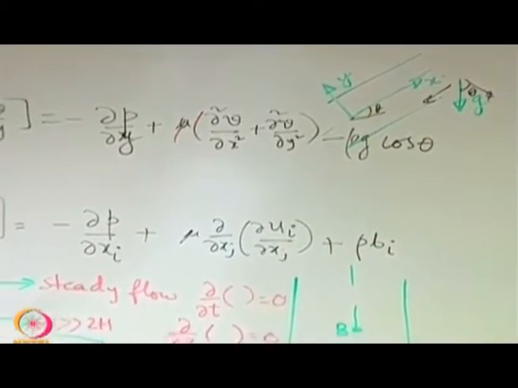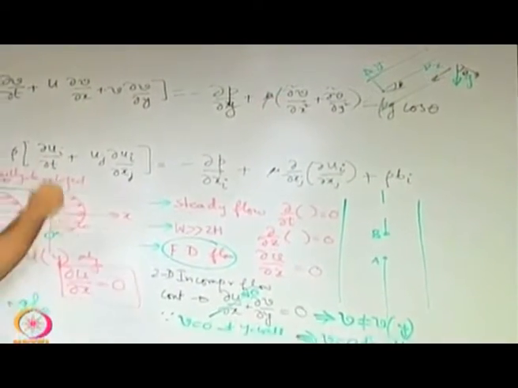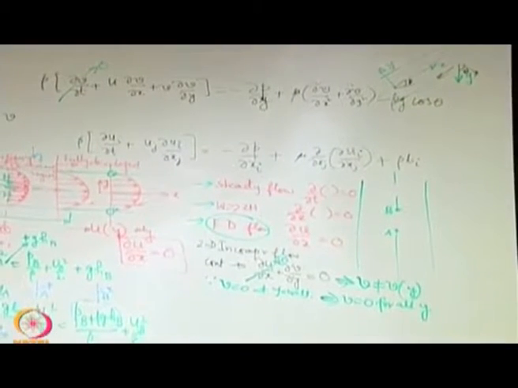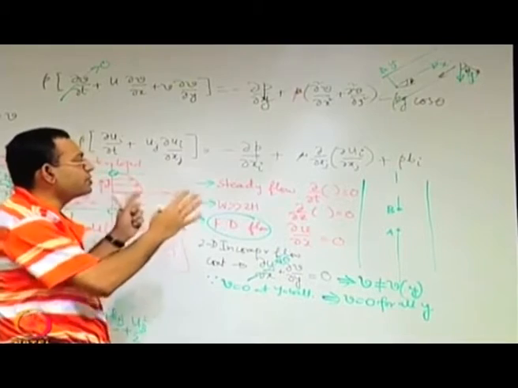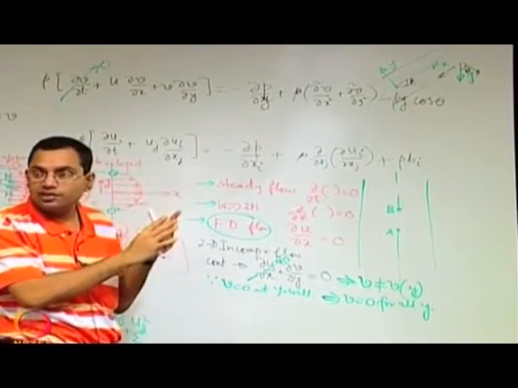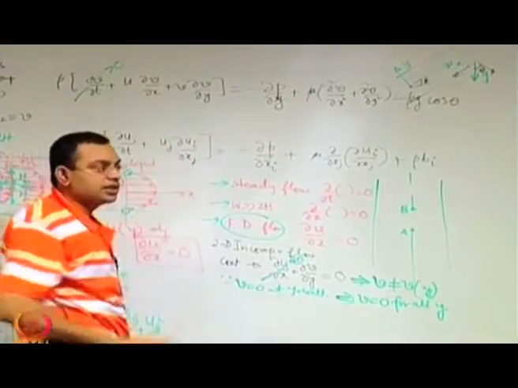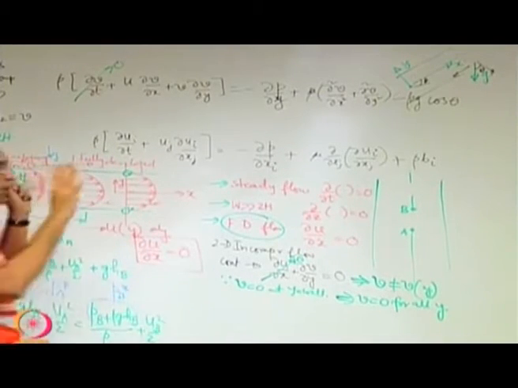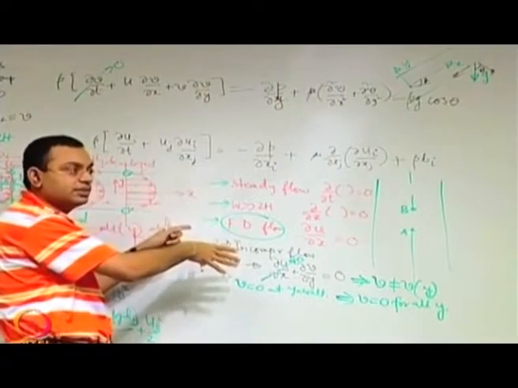Okay. Now let us look into the different terms. First, look into the assumption: steady flow. So this will be 0. Always see, this is a systematic way of looking into the problems that we have with the use of the Navier-Stokes equation. First write the full equation, then see what your assumptions are, and accordingly make a simplification of the equation. So do not remember any equation like a formula. We will always start with the Navier-Stokes equation and come up with the simplified form based on the assumptions.